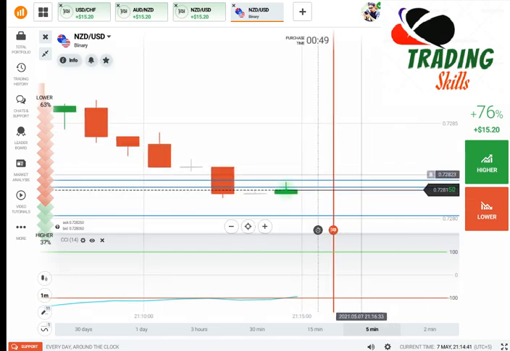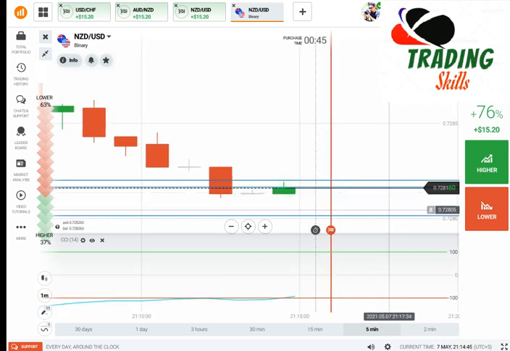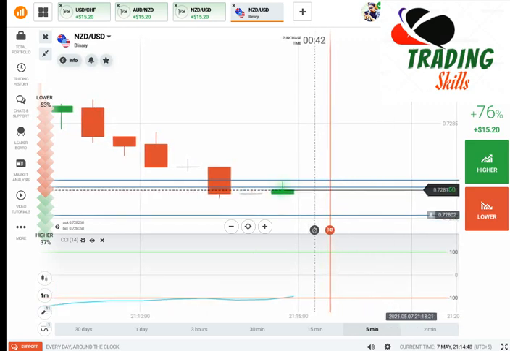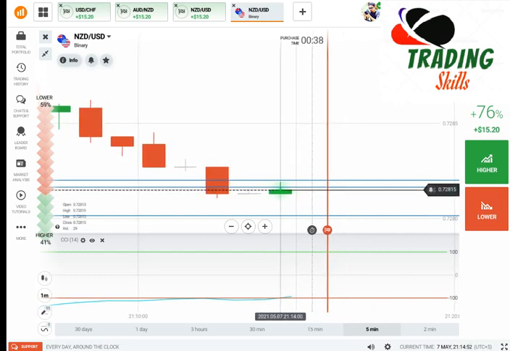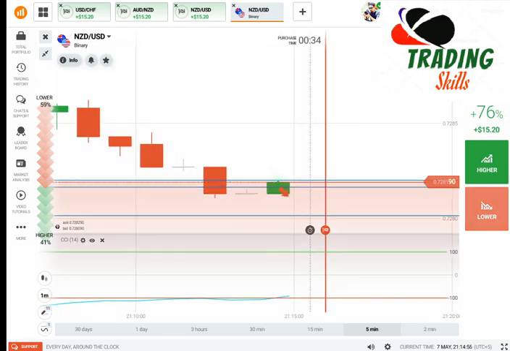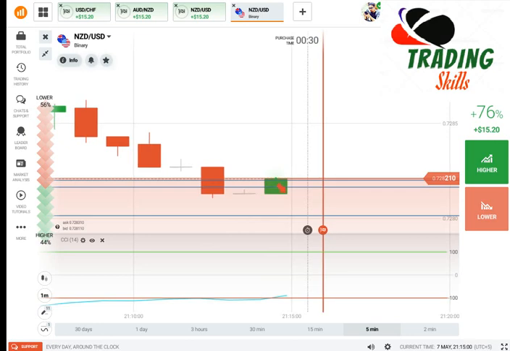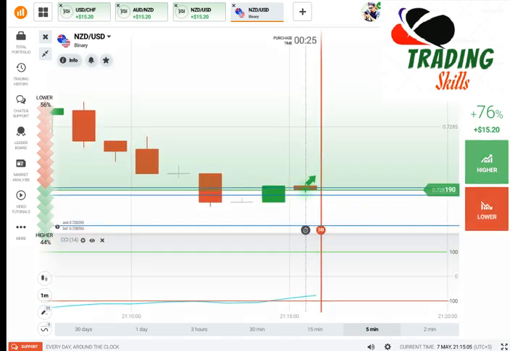So I will wait. Okay, just try to check the opening price of the candle. You need to observe the closing point and opening price of the candle. So the candle is exactly at the level right now, so we can go here with the sellers, but now it crossed. Now if the candle goes up,